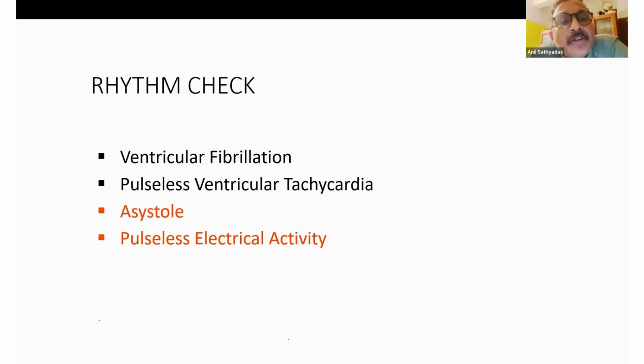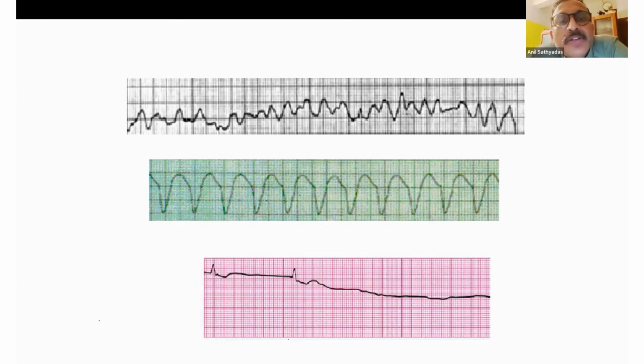Okay. So the first one is the totally chaotic ECG pattern where you don't see any kind of P waves or QRS, totally haphazard, no symmetry, and that is VF. VF is always cardiac arrest, okay? Whereas the second one is the VT, and if you don't have a pulse, you call it cardiac arrest, and it's called pulseless VT.